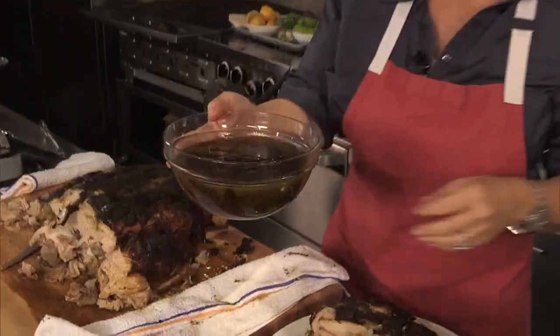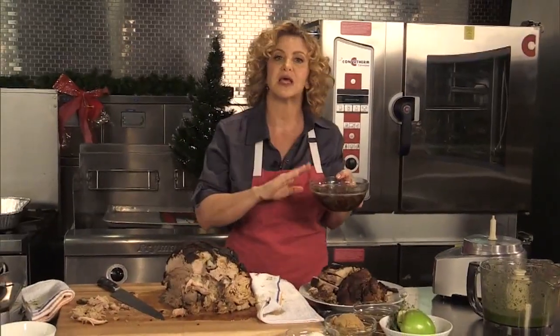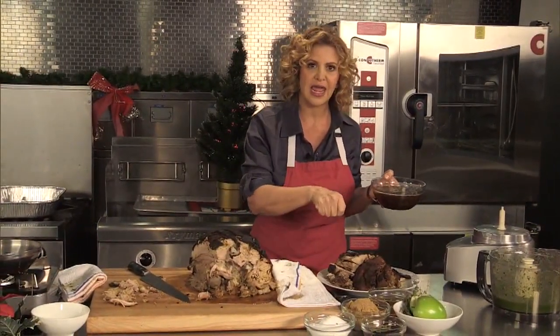Now remember, I have all kinds of great juices from the bottom of the ham. This was the cooking liquid that I took the fat off. See how gelatinized it is? It's just wonderful. If you want to warm this up a little bit and pour it over the ham and